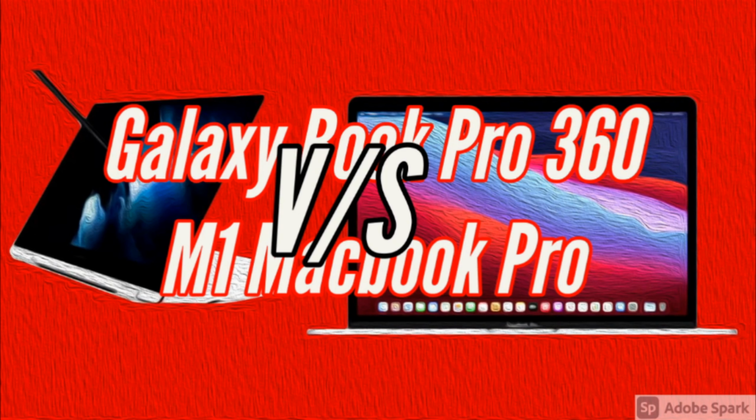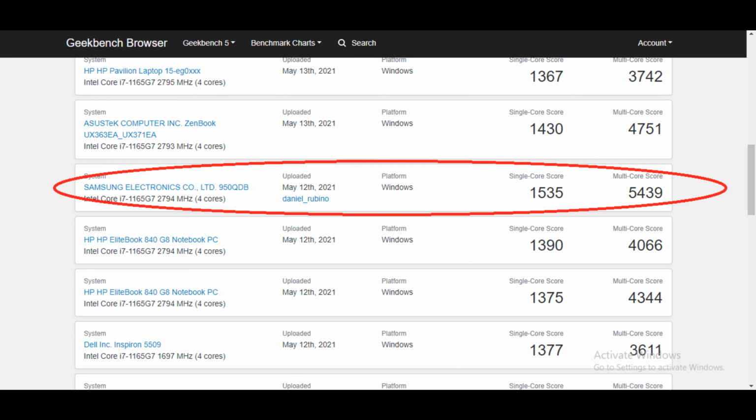So yeah, okay. So first, obviously on the Samsung Galaxy Book Pro side, we have the Intel Core i7 1165G7 processor with 2.8 gigahertz, with turbo speed up to 4.7 gigahertz. Okay, seen some competition. 4.7 gigahertz is a lot. All right,